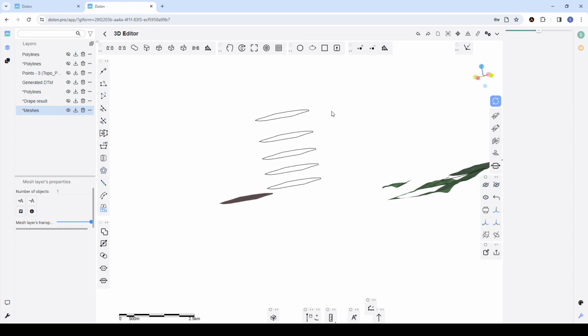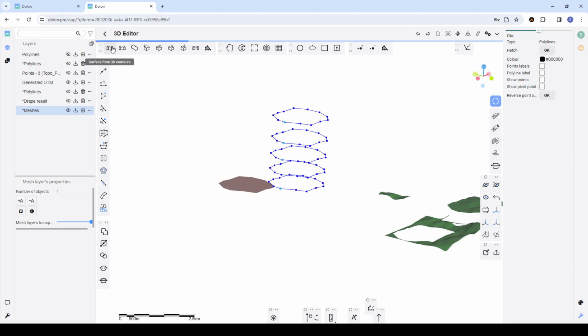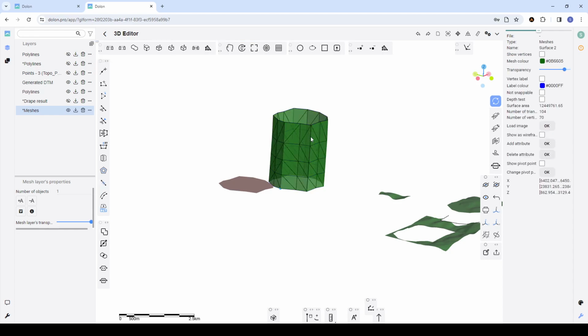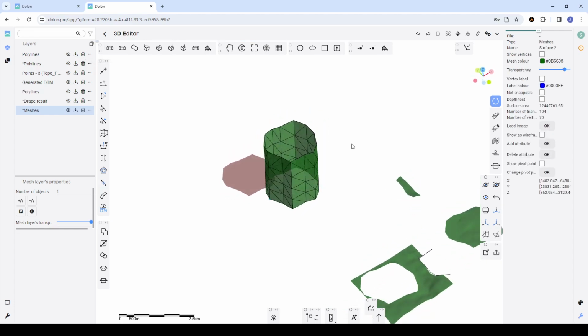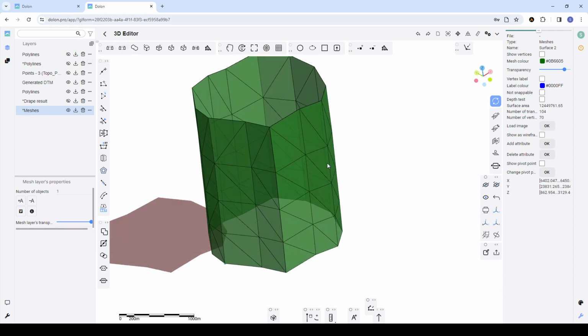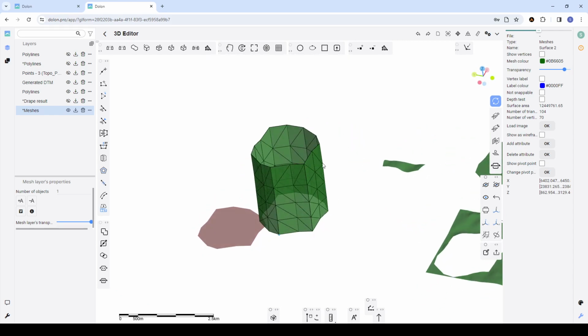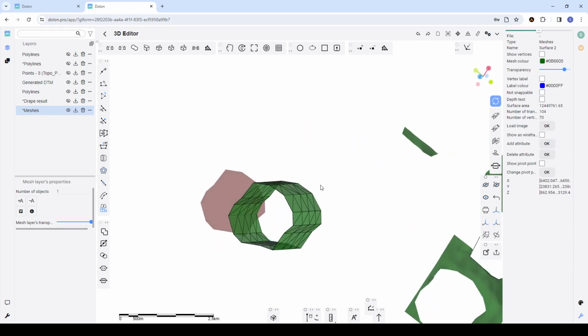I've created several contours. Select those contours, and from these contours I can create some surface, 3D surface. For this purpose we can use this button. So this is a wireframe. This wireframe is open now,